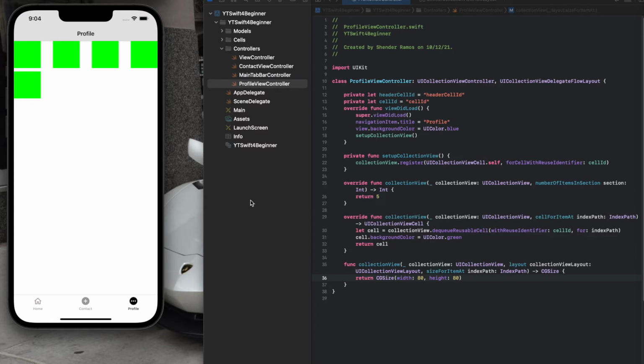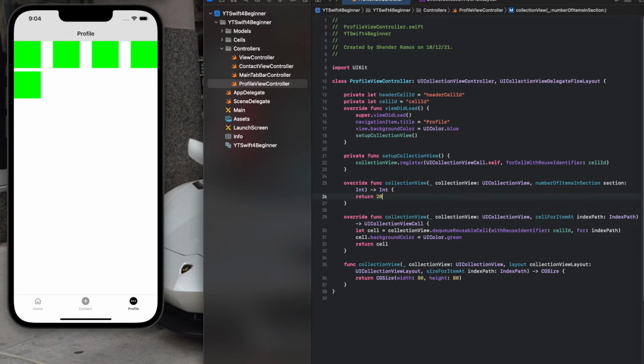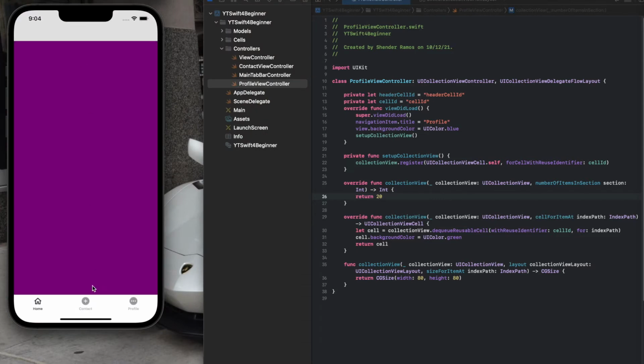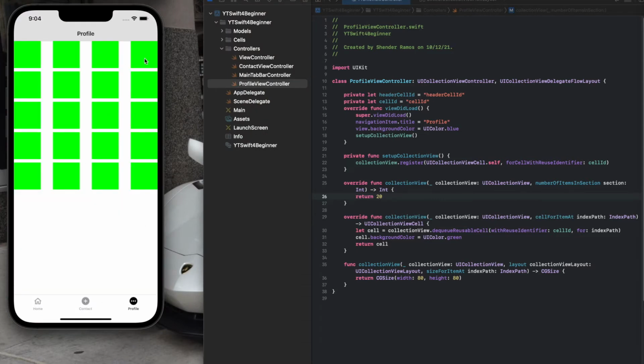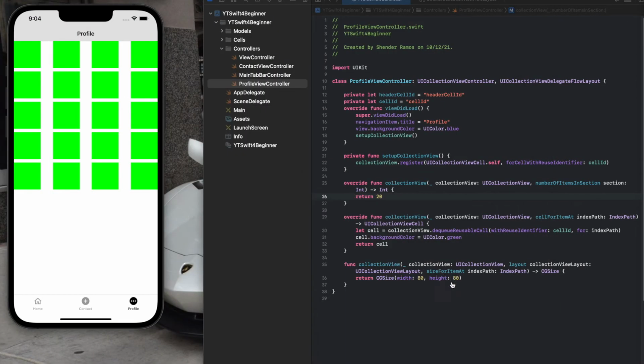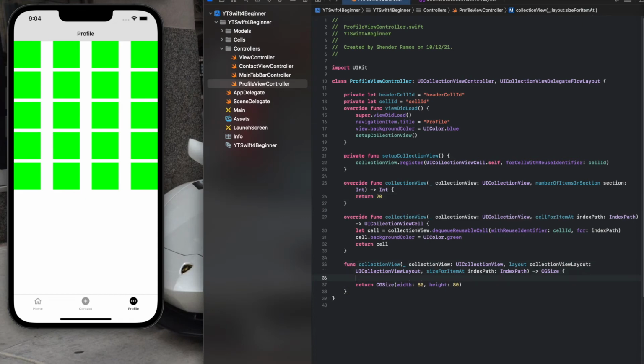Boom, boom. Now let's put 20. Let's put more. Boom, boom. Okay, you see all the spacing we could fix. Let me check something real quick. 1, 2, and 3. Okay, Instagram has 3. Let's try to do this. What if we do something like this? Let